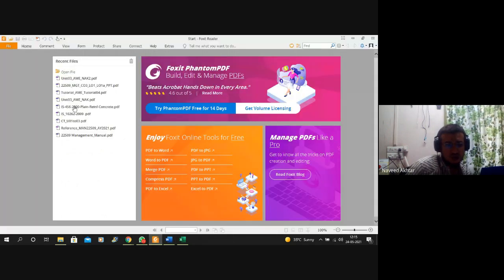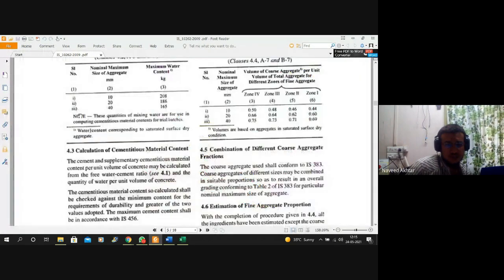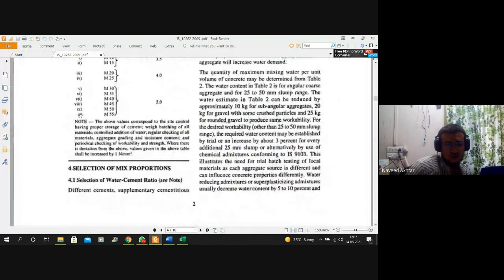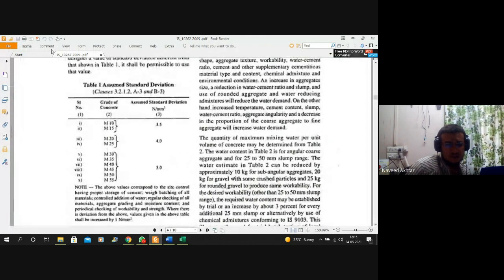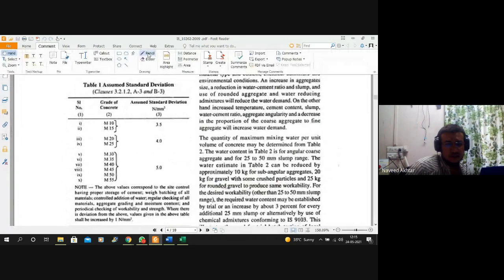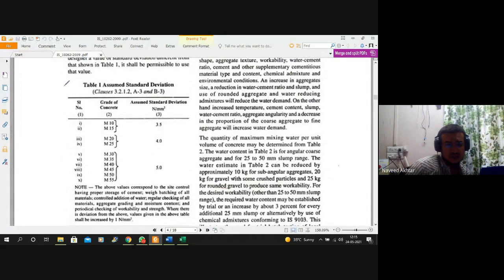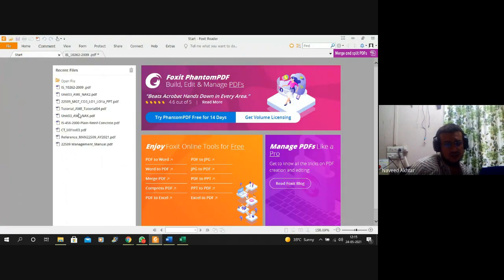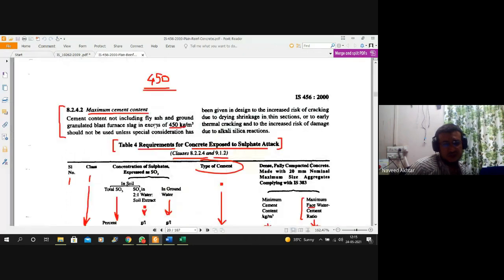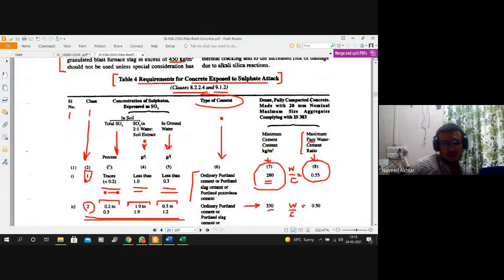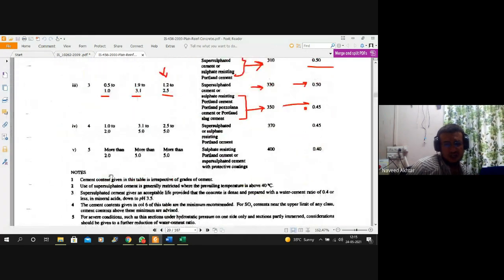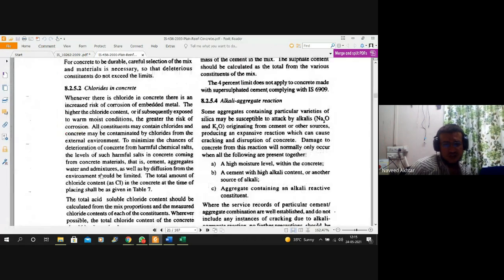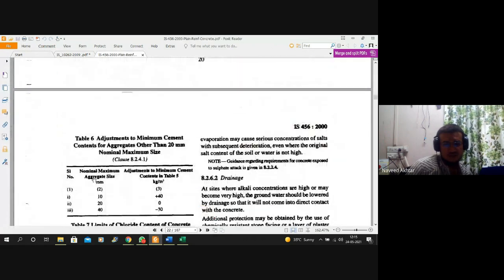All this IS code should be with you. You can see here the table number 1. Here is the assumed standard deviation. If you don't have the data, if physical data is not available, then you can go for the assumed standard deviation. And it is also given in IS 456 in table number 8, the assumed standard deviation.